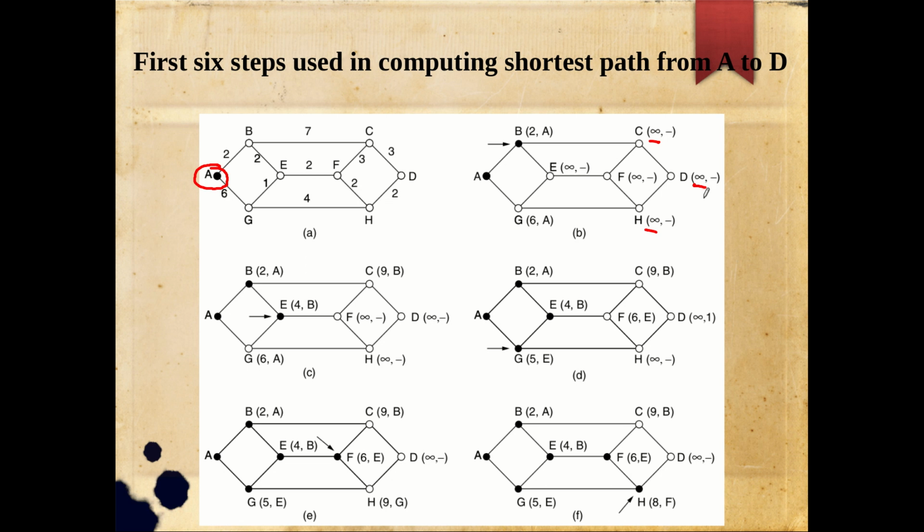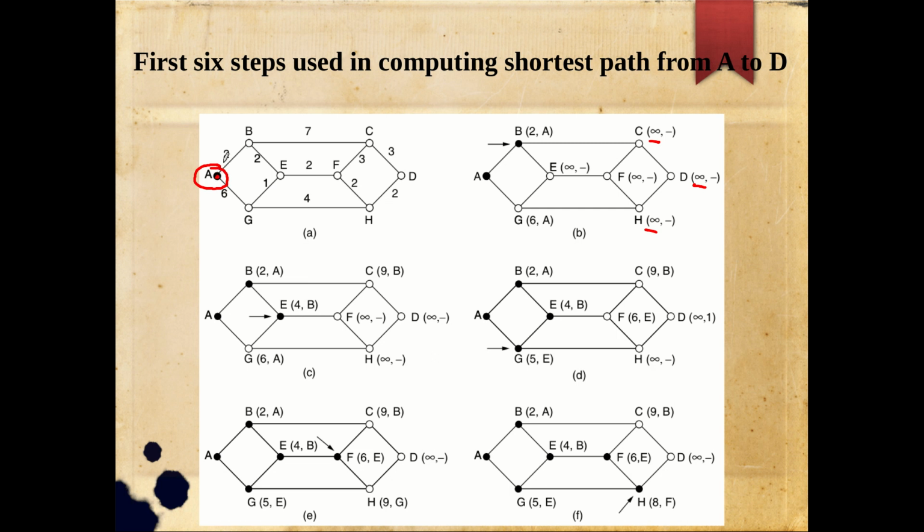And I don't know from where I am getting the shortest path, so what is my predecessor? That is the next information that we will maintain, and that also we will simply keep as nil, right? And as you are starting from A, now you have some information with respect to A. From A, what are all the neighbors? This black node indicates the one which I am processing right now, so I am processing the starting node itself.